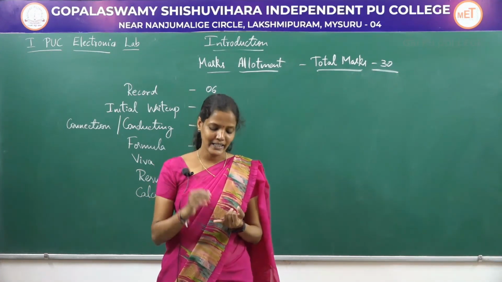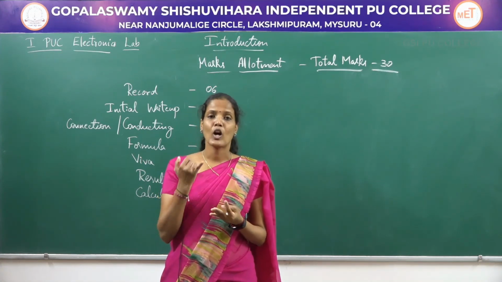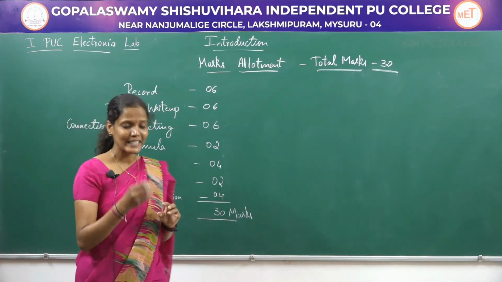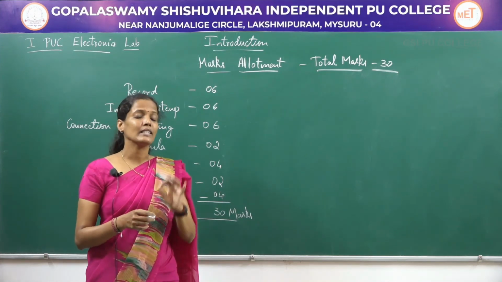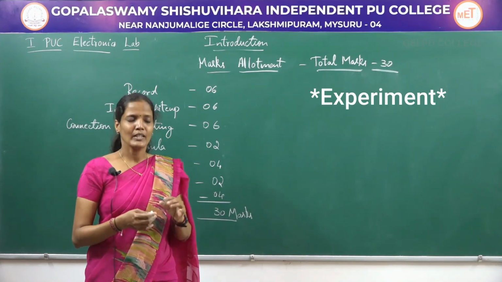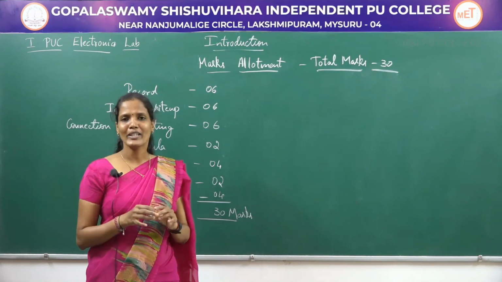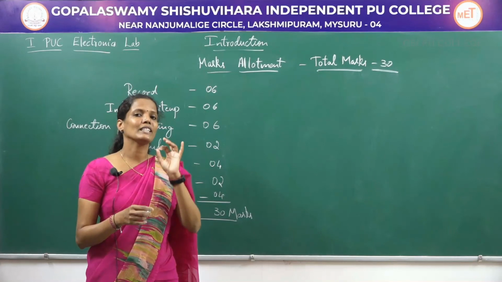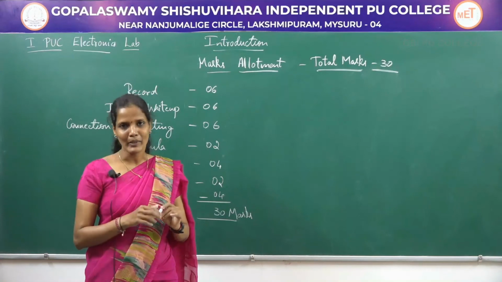But as soon as you write the aim, apparatus required, tabular column, circuit diagram and all those things, you have to show it to the concerned lecturers who are present in the exam, that is the examiners, and if it is correct, only then the examiners will allow you to conduct the experiment. So you have to do the connections. After doing the connections, you have to show those connections to the examiners. If the connections are correct, only then the examiner will allow you to turn on the power supply.